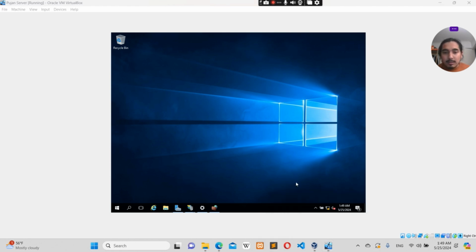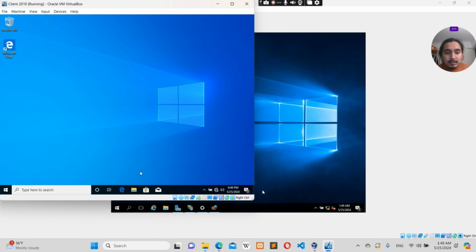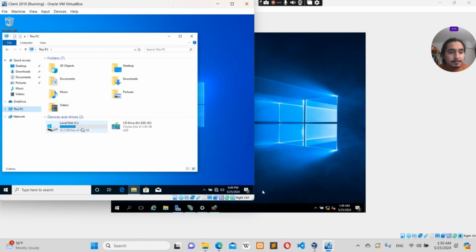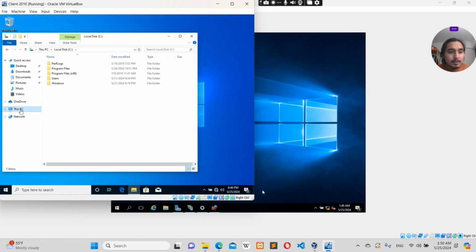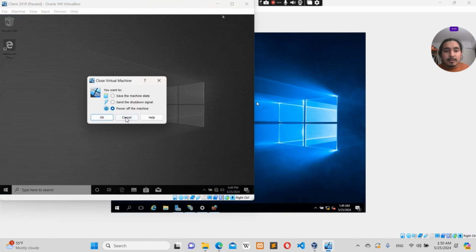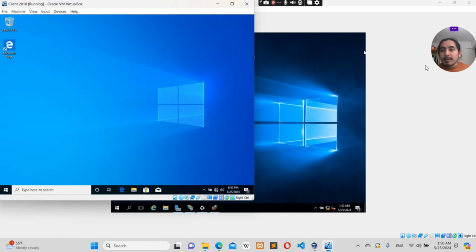We go to the client machine, check the locations, and give the address, and this way we can download or upload the file in the FTP. So this is my complete